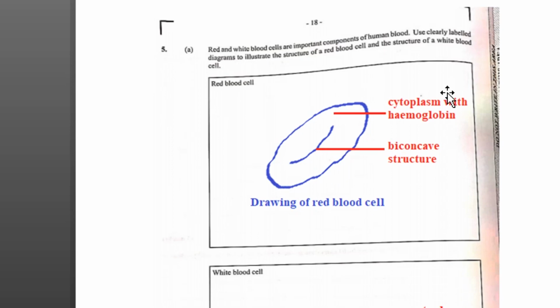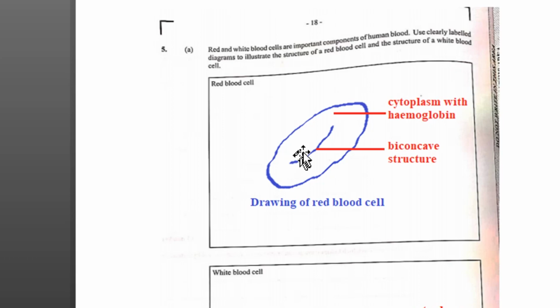Alright, so here we have July 2021, 5A. Red and white blood cells are important components of human blood. Use clearly labeled diagrams to illustrate the structure of a red blood cell and the structure of a white blood cell. So in the case here we have a red blood cell, we have a thick outer membrane, and we